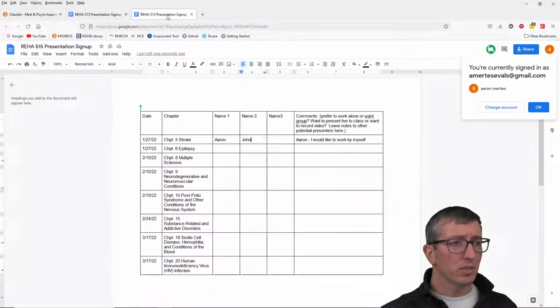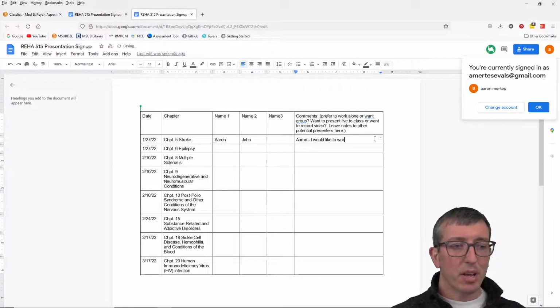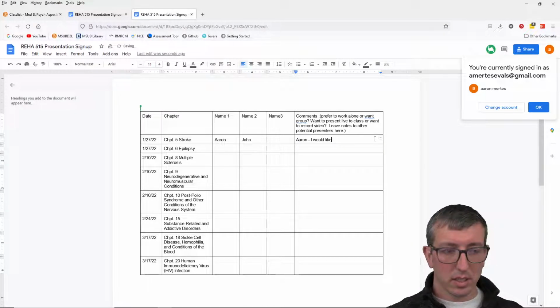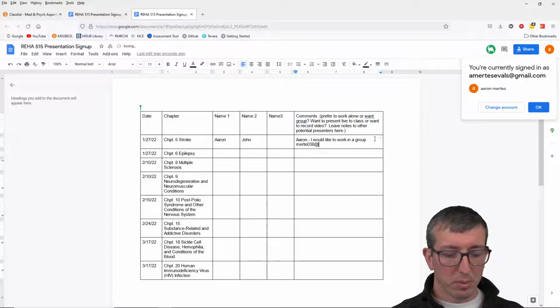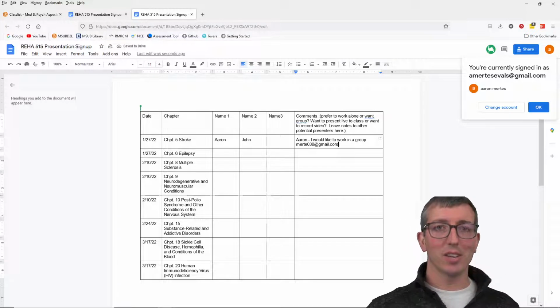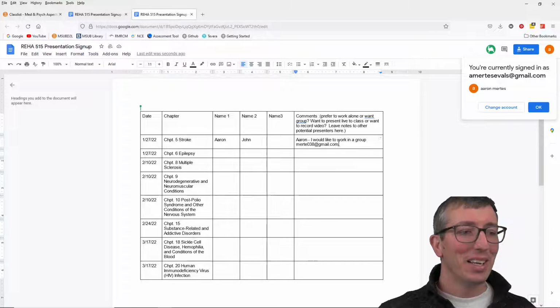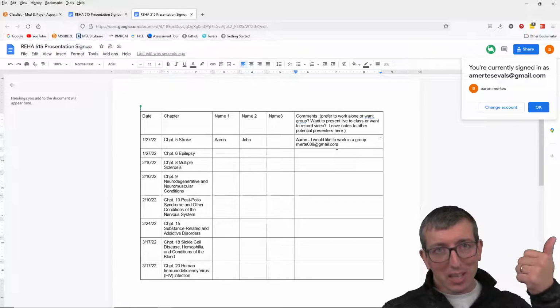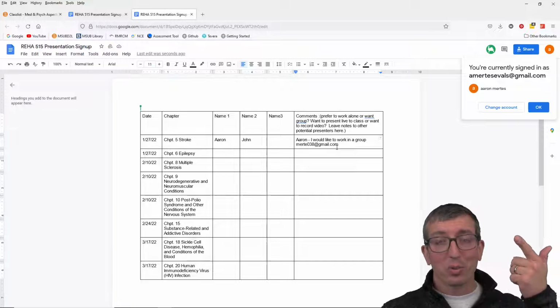Now that I think about it, I didn't think about this before, but if I were to work in a group, I would put my personal email address, which is my personal email address. So if you want to email me somewhere else, you can do that. You don't have to. But basically, I want you to communicate with each other,